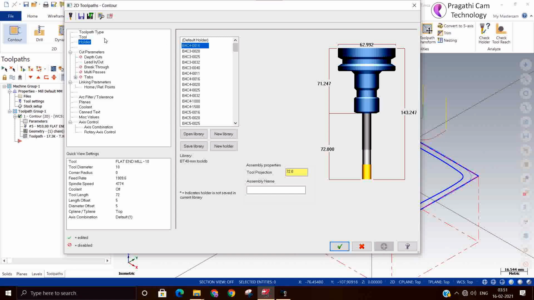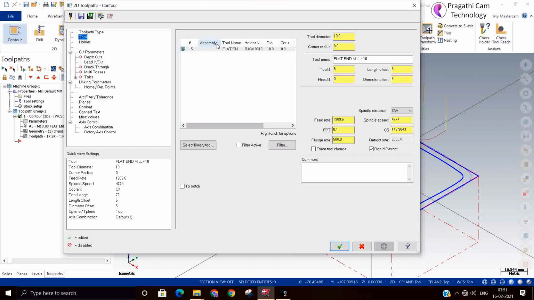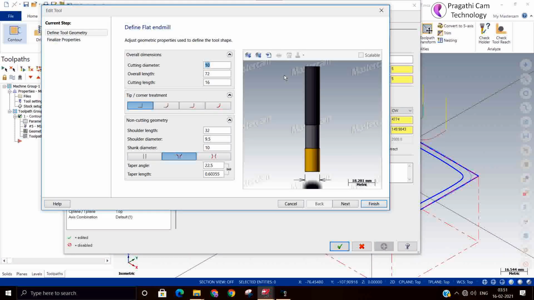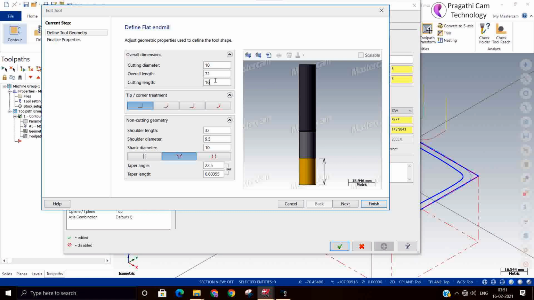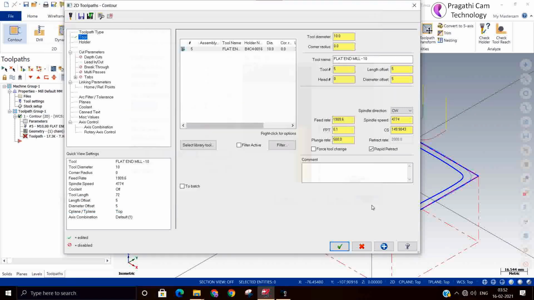So we'll modify the cut length. It's around 16 only, so I'll modify it to 30. Okay, make it 35. Okay, finish.